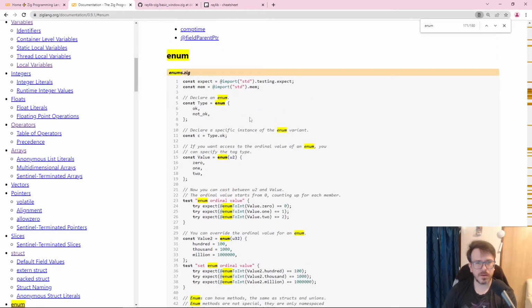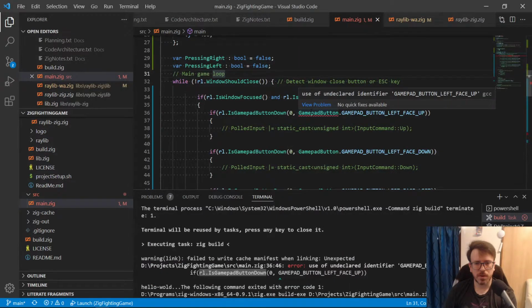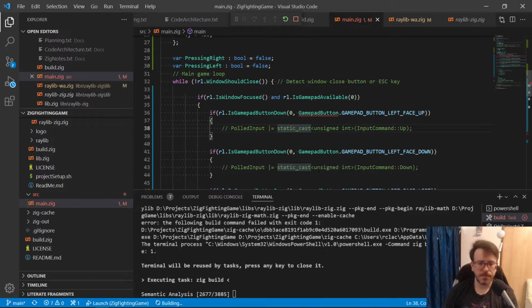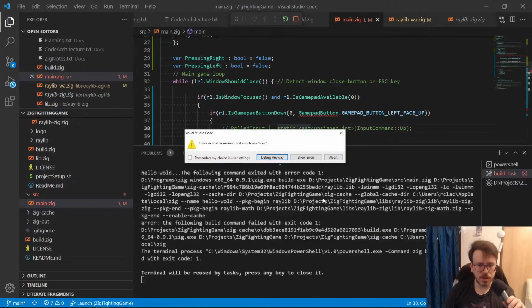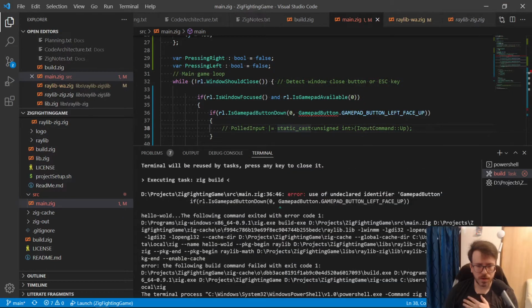Enum. So we have enum. It should be a dot. The dot syntax should be it. So what's going on here? I don't know. Let's just give it a shot. See what's going on. What error are we going to get? Okay, we did get an error. Hold on. What was the error? Oh, gamepad button down is not declared. Oh, because it's part of the... Got it. Because it's not a global.